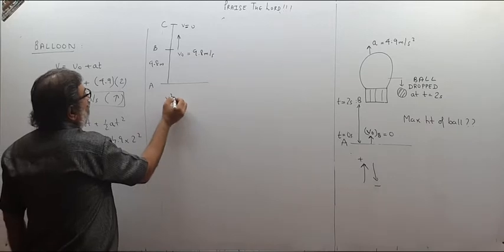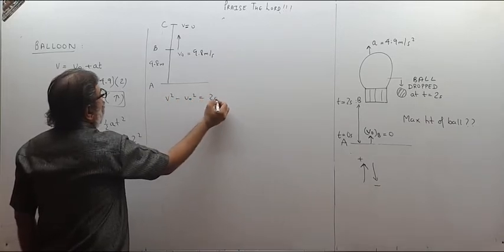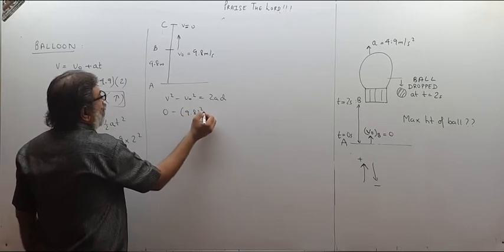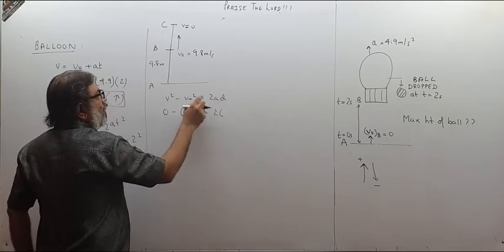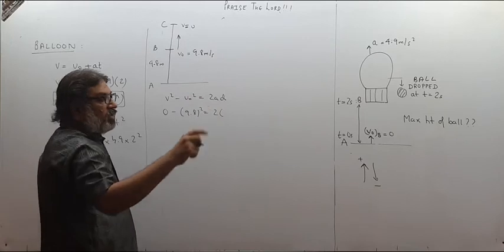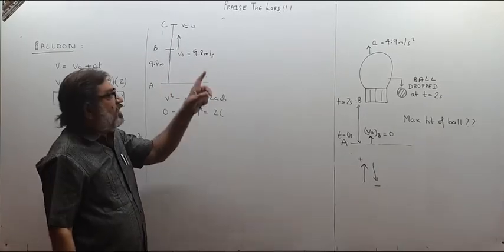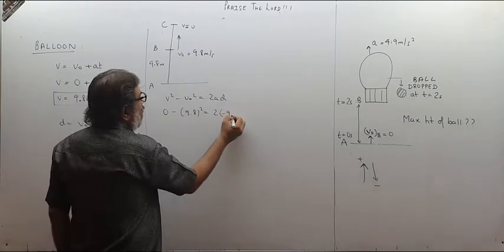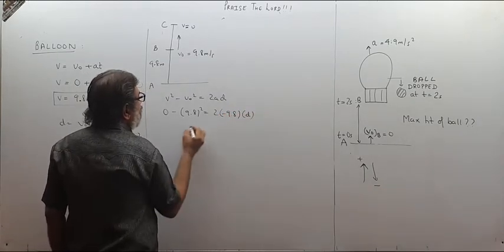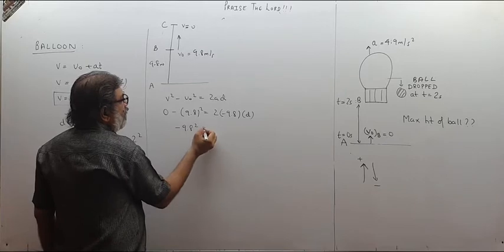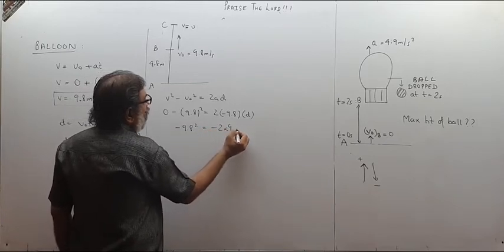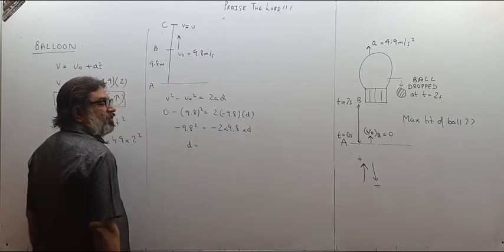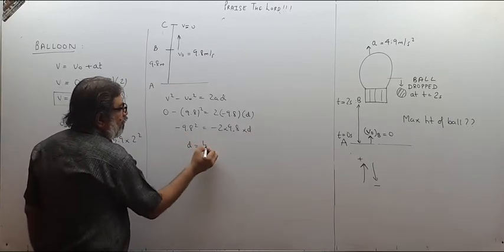So again, v square minus v0 square equal to 2ad. So 0 minus 9.8 square is equal to 2 into, what is now the acceleration of the stone? The stone will go under the effect of gravity, and gravity will be downward 9.8. So we write here minus 9.8 into displacement. So minus 9.8 square will be minus 2 into 9.8 into d. So minus minus cancel. 9.8 upon 2, 4.9 meter.